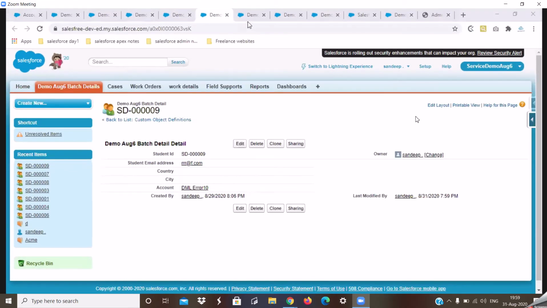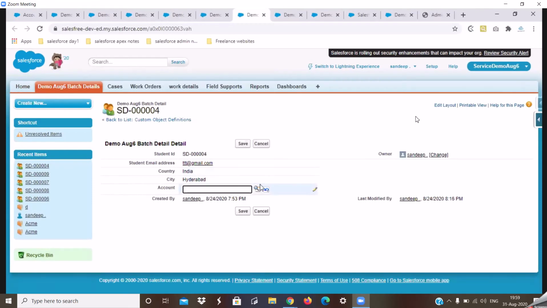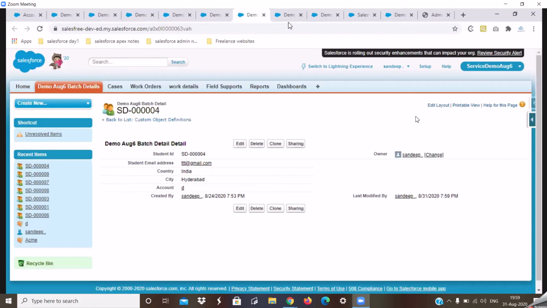Alright, so I'll go ahead and update this value. Is it just that I need to update it to one record? The answer is no. You can update it to any of the records. I'm doing it so that it's just dummy data that we have. That is why I'm updating it to some or the other value.